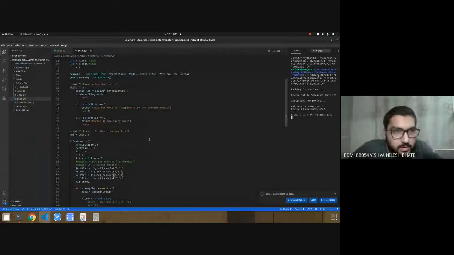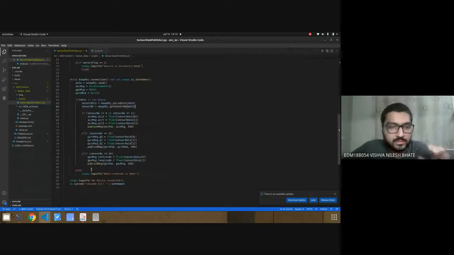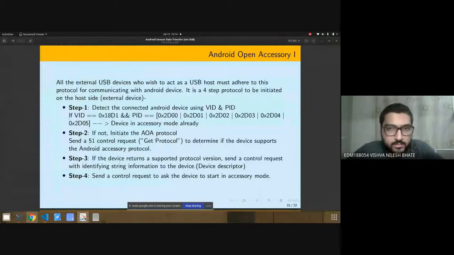Yes, over here. So my device descriptor is this. Manufacturer, I have just given some random string name as manufacturer, my model name, my descriptor, my description, why I'm initiating this, my version, my URL. These are some parameters which define the device descriptor. So basically, this just defines your device, like this is who I am. While you are communicating with an accessory, this is how you define that these are the various things about me, and this is who I am. So that's how you do this.